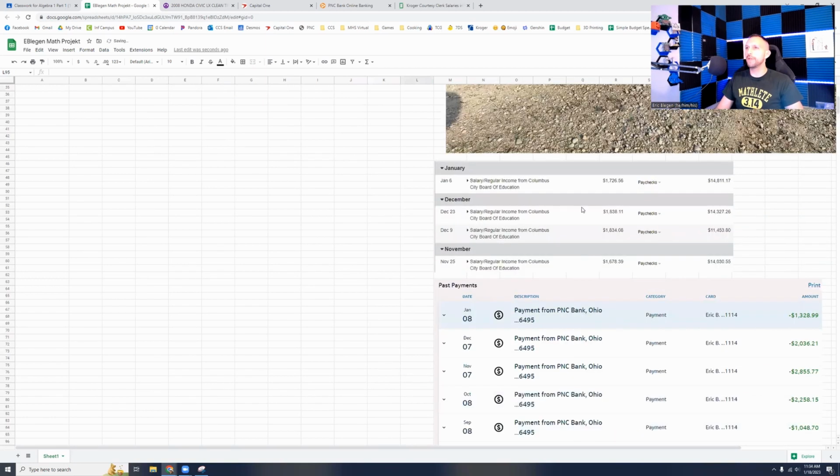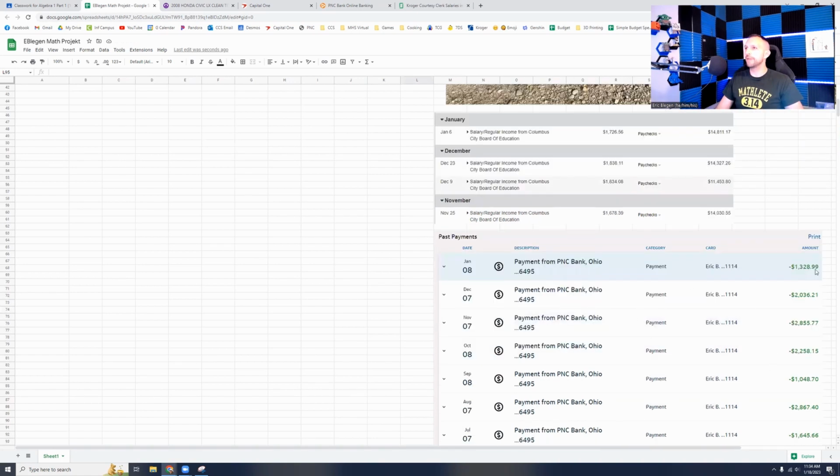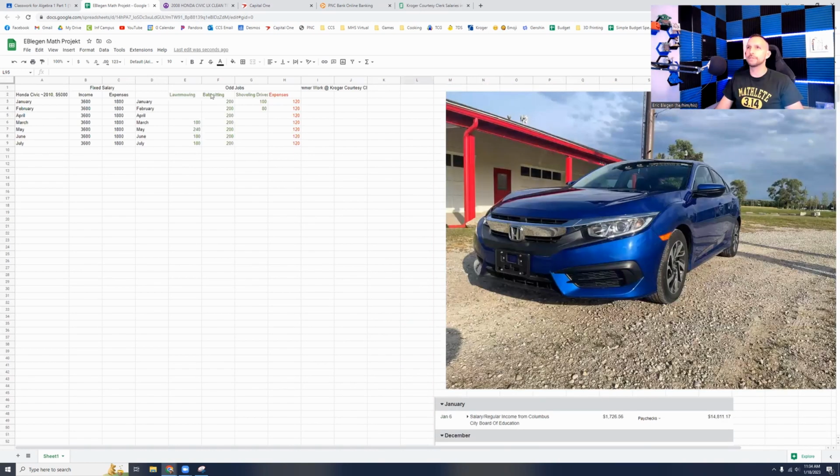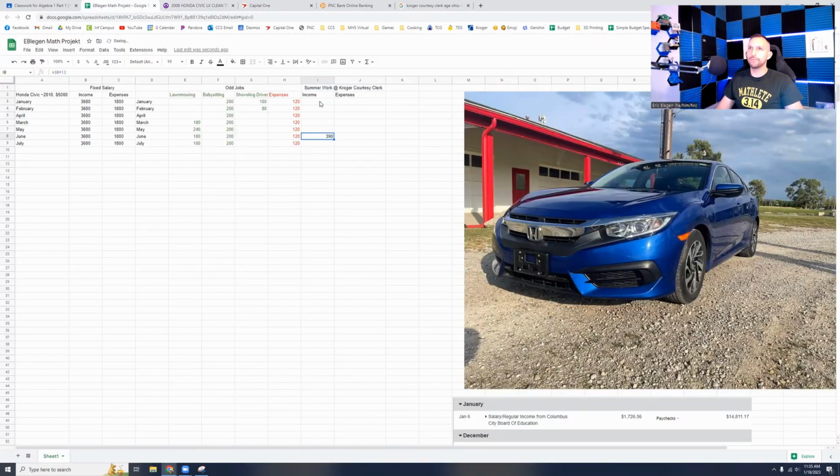Okay. So if you have a fixed income, show me the receipts, i.e. your pay stubs or your checking account where you deposited it. If you have expenses that you use a credit card or a debit card for, show me that. Okay, I'm not looking for you to make up numbers. That is not what we're in the game here for. So you're making $390 a month for